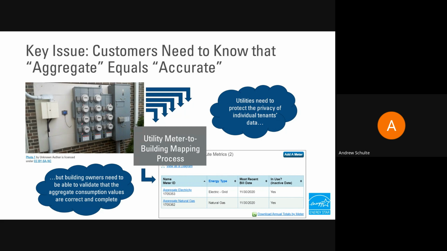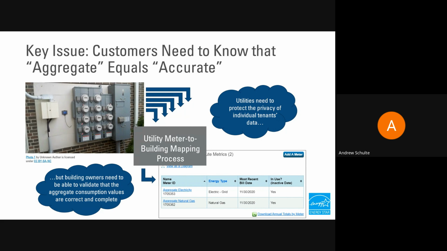The thing here, though, is that the aggregation process can't just be a black box, right? If a customer makes a request and then all of a sudden, a week or 2 weeks or however long later, a consumption value shows up in their Portfolio Manager account, that's certainly great, but at no point in the process will the building owner know for sure how accurate those data are, right? So